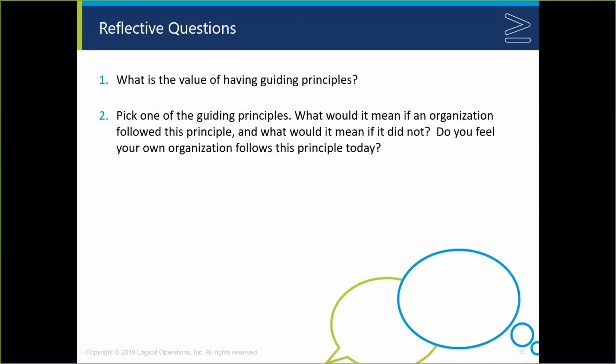I particularly like this second reflective question, if you have time to do it, right? In order to help your customers really get a temperature check on how these guiding principles really work in the real world, you might ask them to do an exercise where they consider, what does it really mean to follow this principle? And what are the risks, or what could it mean if we don't? Right? And this will help kind of reinforce for them the value of having guiding principles, and also give them kind of their own elevator pitch for why it matters and how to leverage and use these perhaps within their own organizations to start driving perhaps a different perspective on how they do what they do.